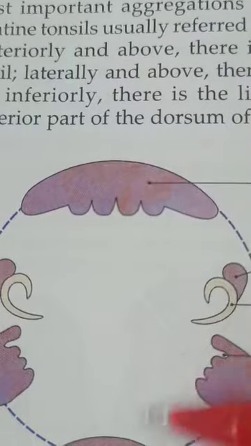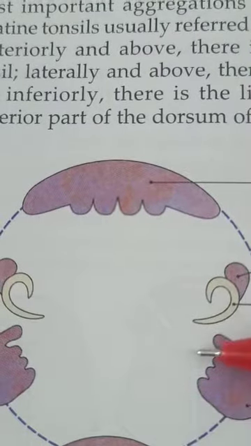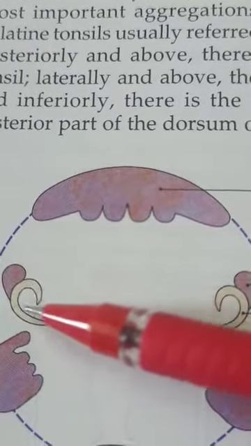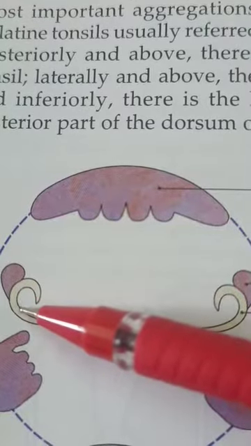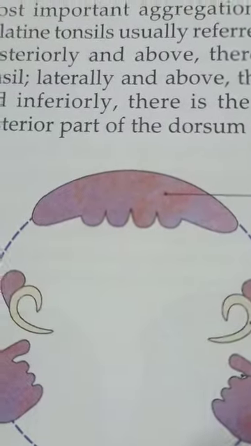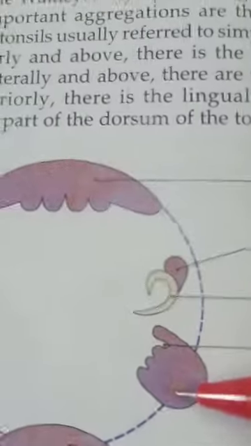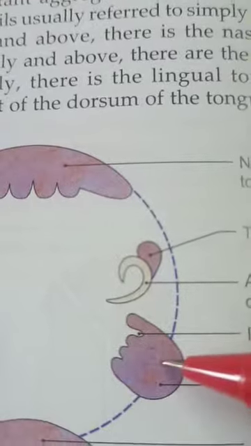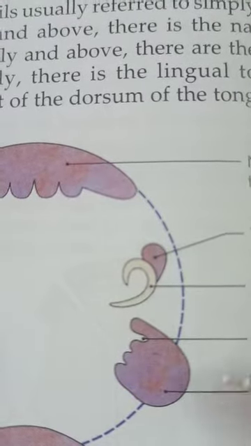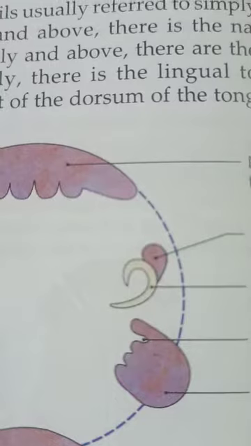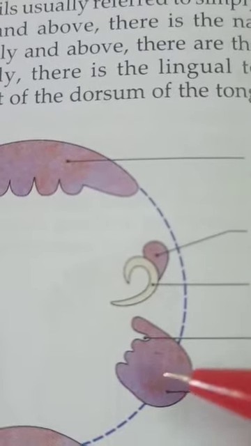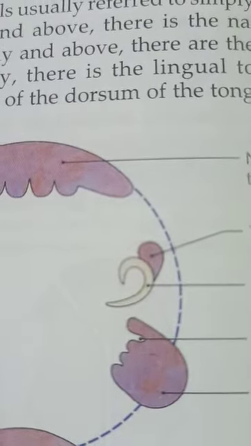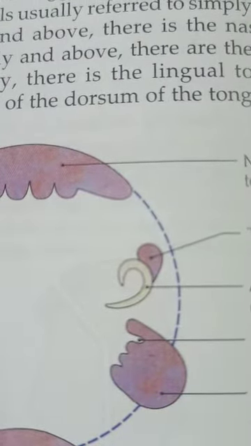The hypertrophy of the tubal tonsil also leads to ear problems because it is related to the pharyngotympanic tube. Then the inflammation or hypertrophy of the palatine tonsil we call tonsillitis. Removal of the tonsil is known as tonsillectomy. If tonsillitis spreads into the surrounding structures, that condition, suppuration of the surrounding structures, is known as quinsy.